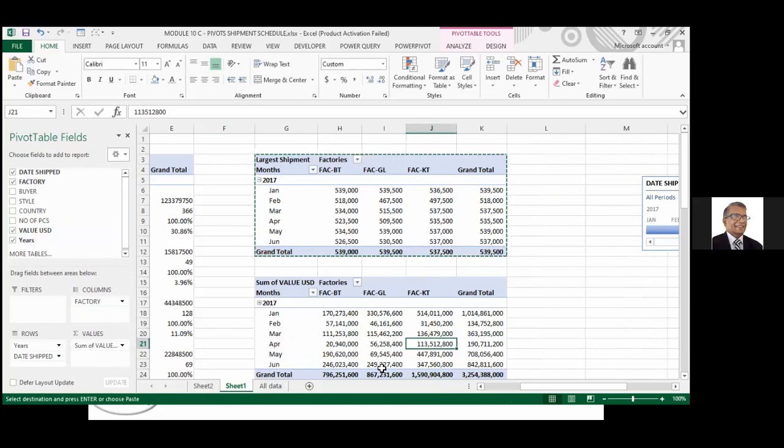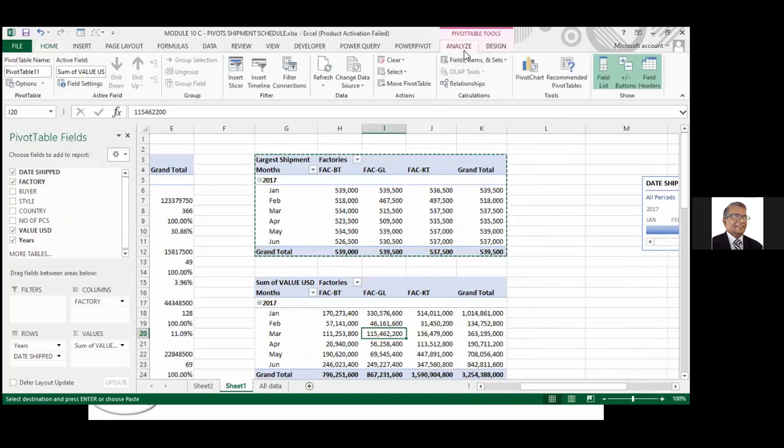Total value in January. Let's say our profit is just 10% of the value or 1% of the value. It's a profit. So I don't have a column for the profit. One way is to put it in the data sheet, in your data collection and bring it here, or without putting it there, you can do a calculation. You can have a calculated field.